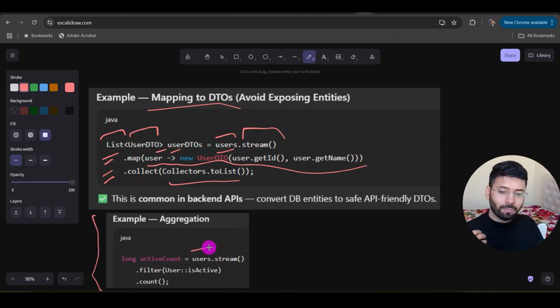Here you can see we have applied the stream operation on the users. First operation that we are performing is the filter operation where we are simply checking if the user is active, and then we have applied the count operation. So the filter is the intermediate operation and count is the terminal operation. So you can see we have performed our task so easily in a couple of lines, and this code is so